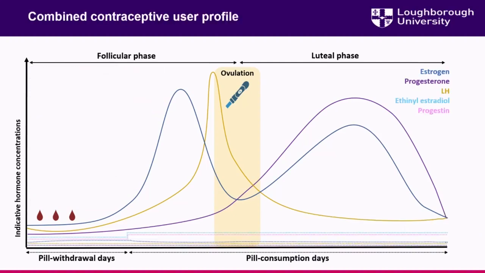I'm going to move on to contraceptive users in a second, so forgive me for going back and forward a little bit, but I just wanted to show what this might actually look like in a contraceptive user to highlight the difference that you might see. So you've got the menstrual cycle there in the bold lines. What we've then got down at the bottom here is the influence of using a combined monophasic oral contraceptive pill. And this would be that you get chronic downregulation of the endogenous levels of estrogen and progesterone. So the hormonal profile of these type of women is more akin to a postmenopausal woman.